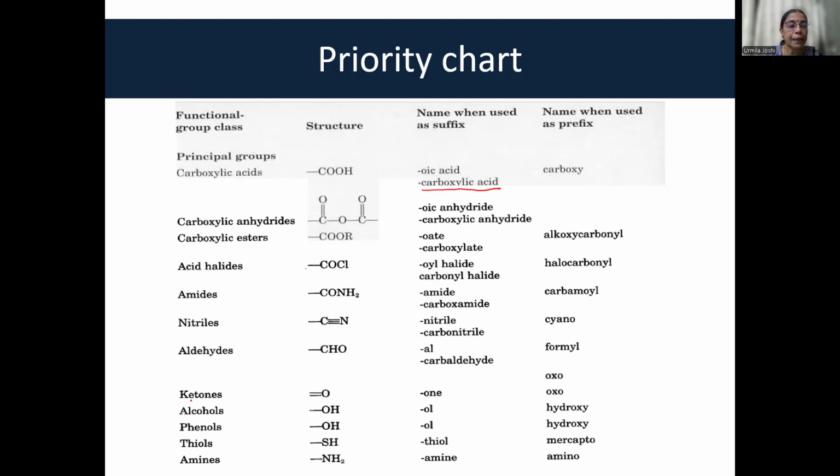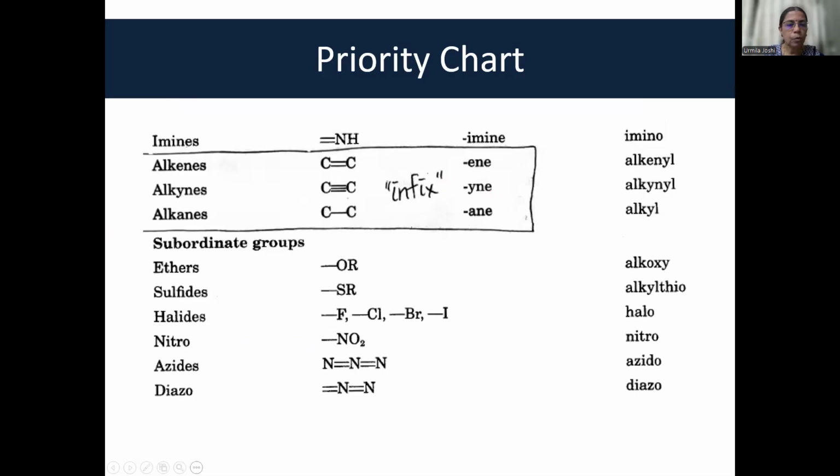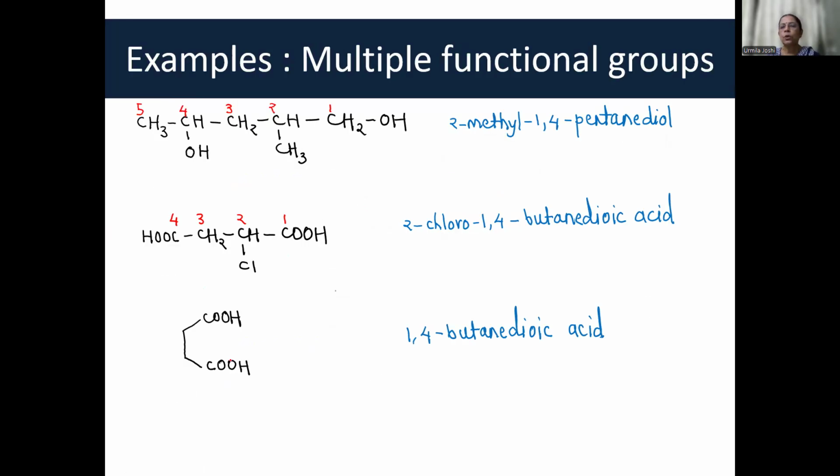Important thing to be noted over here is aldehydes get priority over ketone. And alcohols get priority over amines. Now, all these are included as suffix, meaning they are included in the name of the parent chain. For example, if this is ethyne, then it is YNE. Then there are some groups which are never included as suffixes. They are always prefixes. All this you have learnt in 12th standard. So now let us go to the examples.